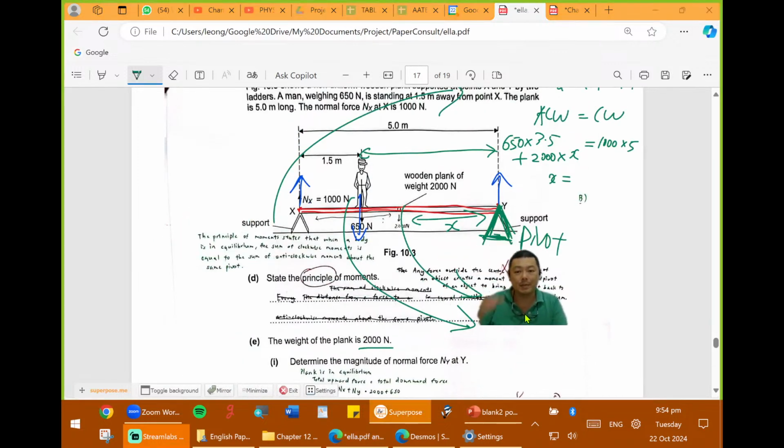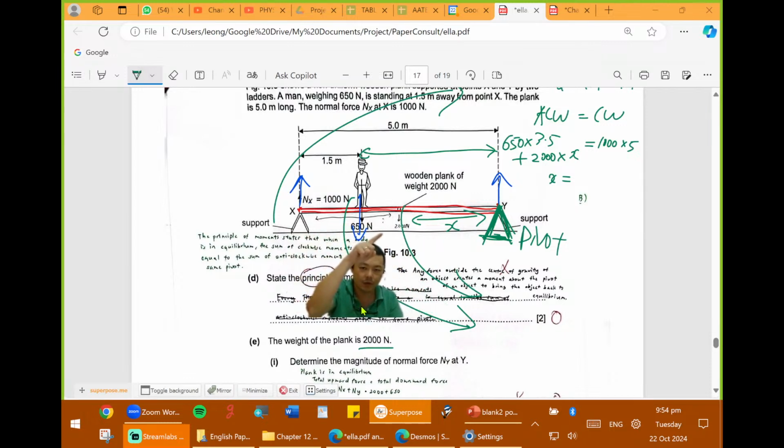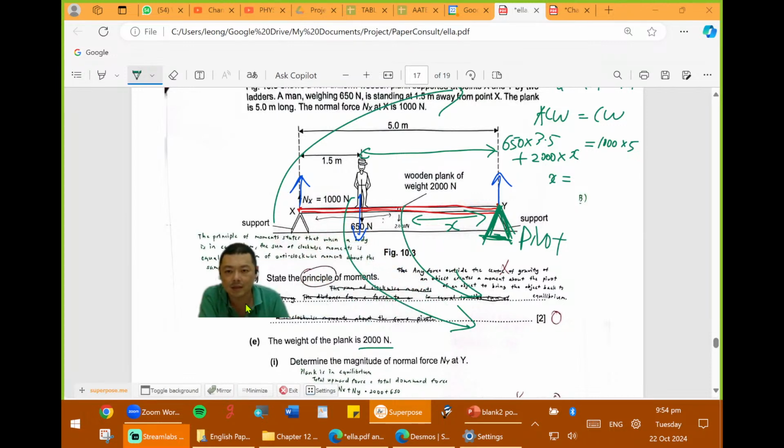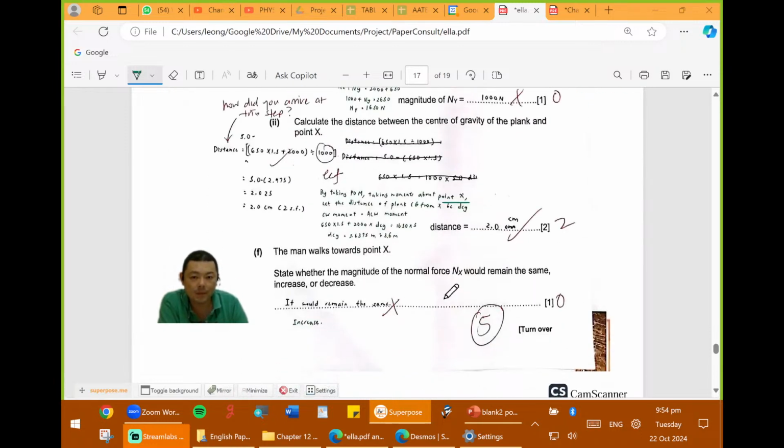If it wasn't immediately clear to you that y is the difference of the forces, and you don't know why, you just put the pivot at y and you find the moments around the pivot. You get x, and then you take the 5 meters minus away the x. That will be the distance from x to the center of mass. If you walk towards the pivot, the force on that pivot will increase.